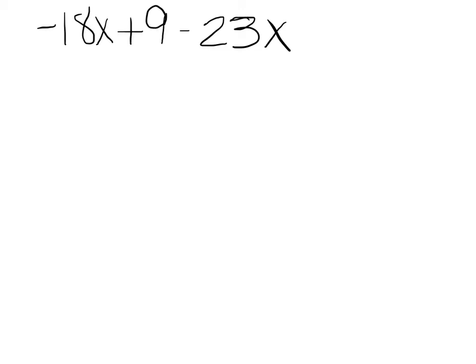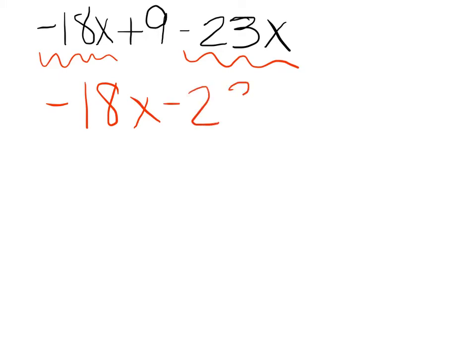Our first example is -18x plus 9 minus 23x. So because the name of this is combining like terms, that is exactly what we're going to do. We're going to combine the first like terms, which is going to be -18x and -23x. So we're going to take -18x and subtract 23x, because when you're combining like terms, you want to take the sign of the term along with the coefficient. So -18x minus 23x is the same thing as saying -18x plus a -23x, which gives you